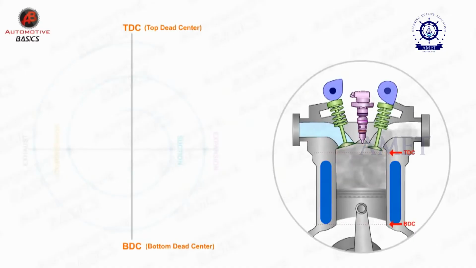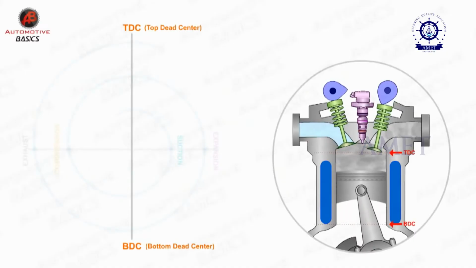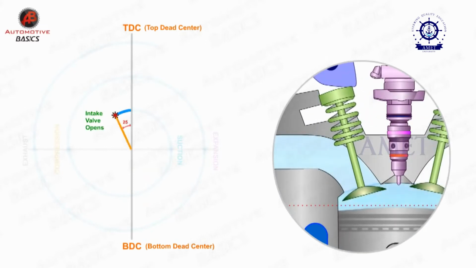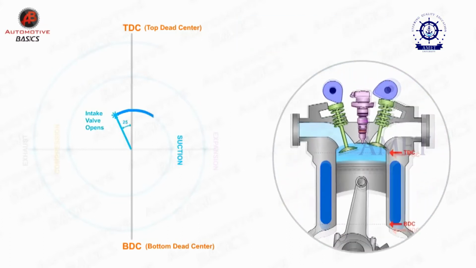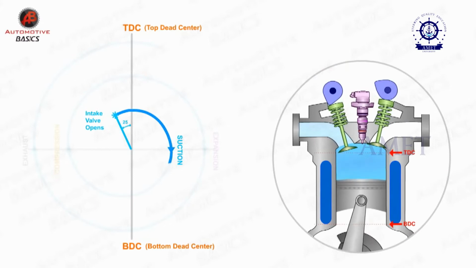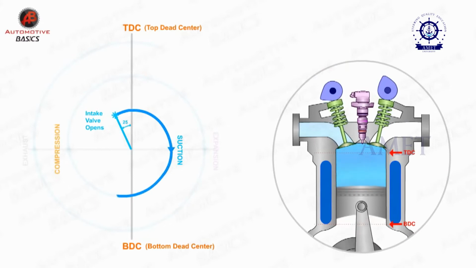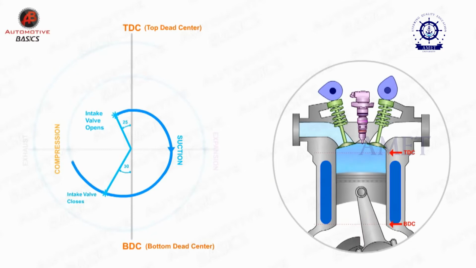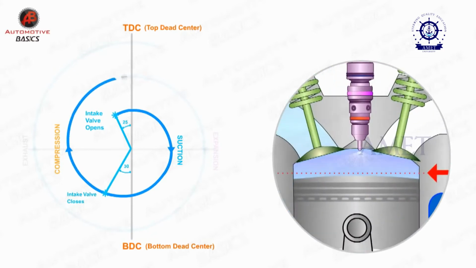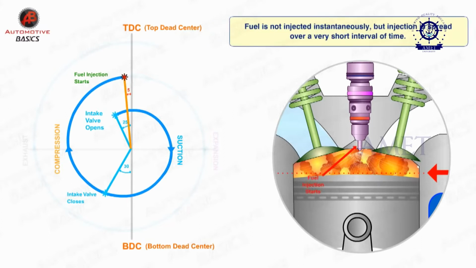We have seen the working of a 4-stroke diesel engine, but still it is a theoretical working. We have seen that when the piston is at top dead center, the inlet valve opens, and when the piston reaches bottom dead center, the inlet valve closes. But the practical working will be entirely different from the theoretical working. In the same way, during the expansion stroke, the piston moves from top dead center to bottom dead center. When it reaches bottom dead center, the exhaust valve opens, and by the end of the exhaust stroke, the exhaust valve closes.